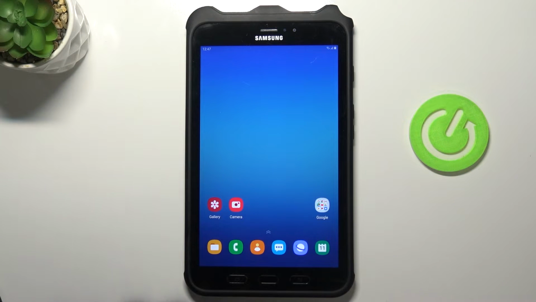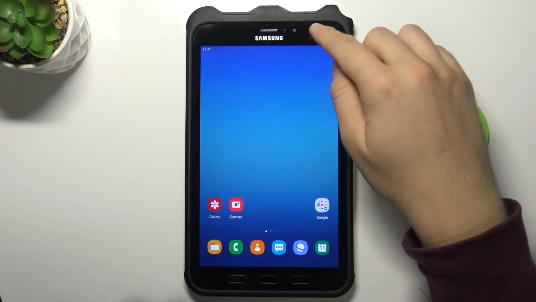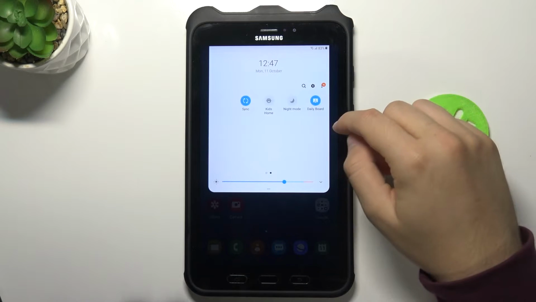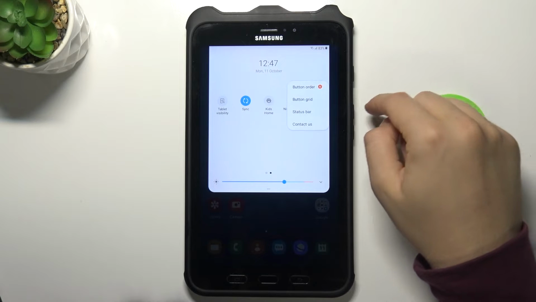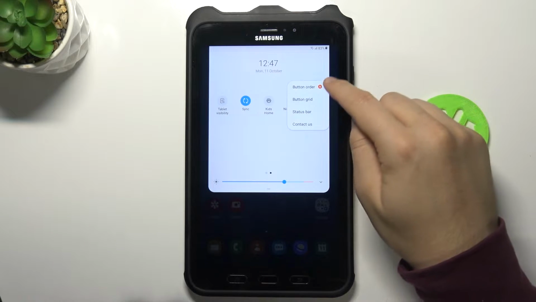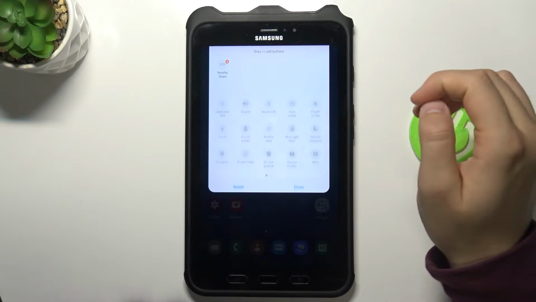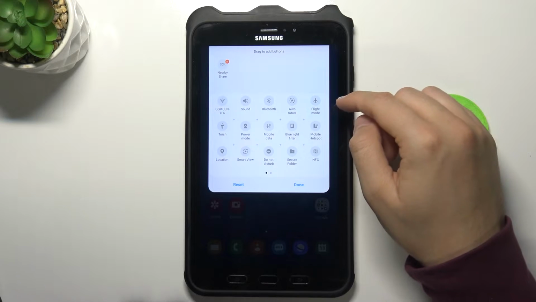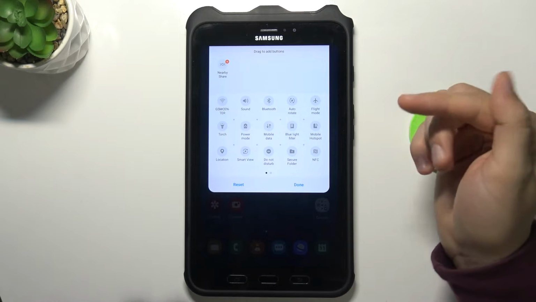Welcome. If you want to adjust notification panel shortcuts in your Samsung Galaxy Tab Active 2, the first thing you have to do is simply tap right here on these three dots in the right upper corner. Then go for the button order. So right now, if you want to change the position of any icon, I'm going to show you how it looks